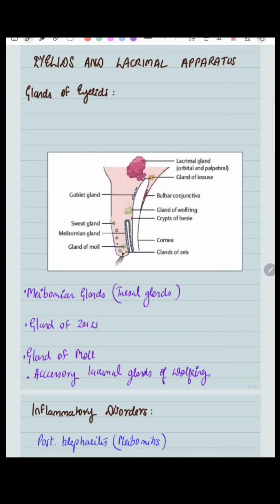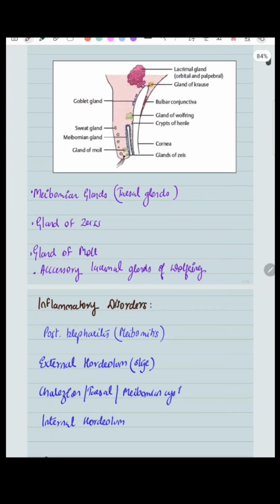Eyelids and lacrimal apparatus. First we will discuss eyelids. First, glands of eyelids. Glands of eyelids include the meibomian gland. These are the meibomian glands